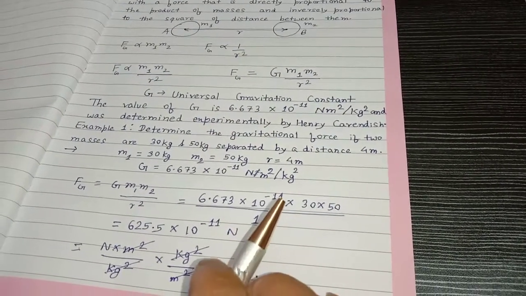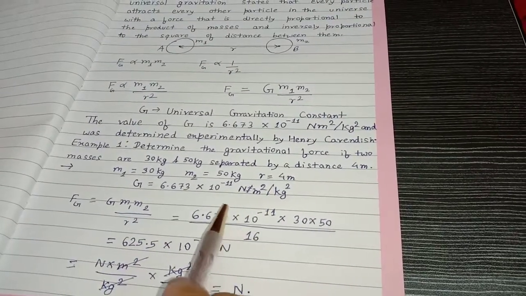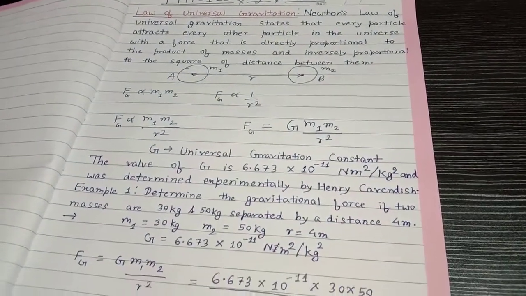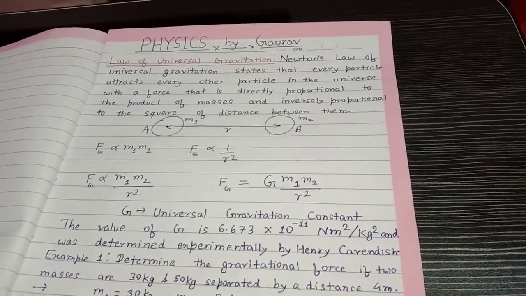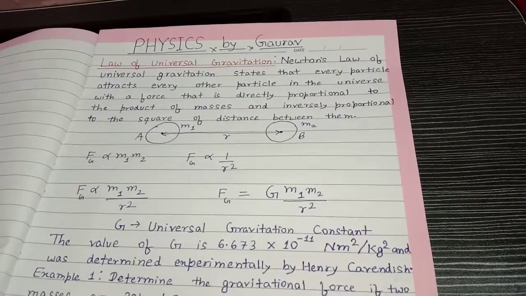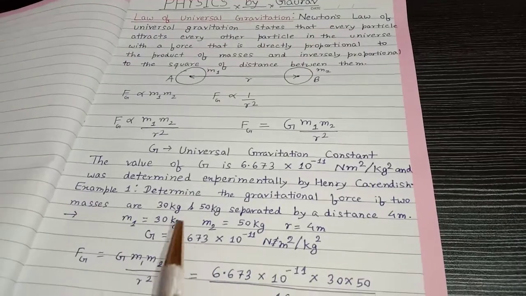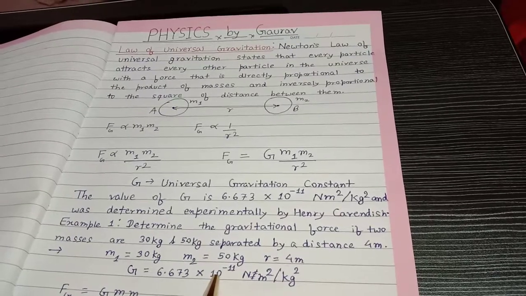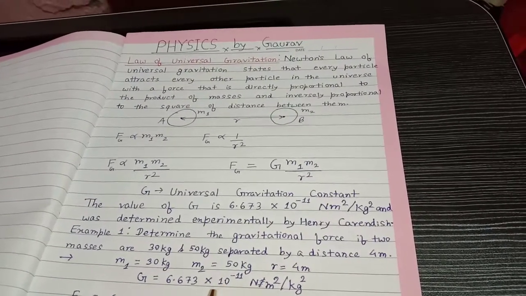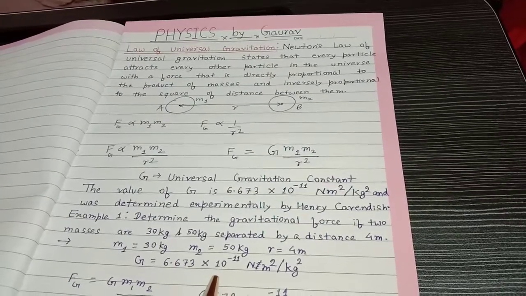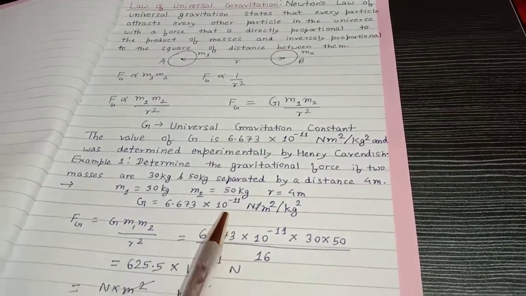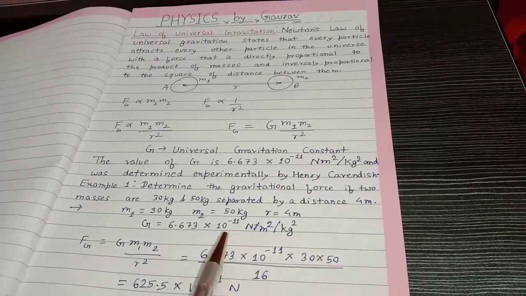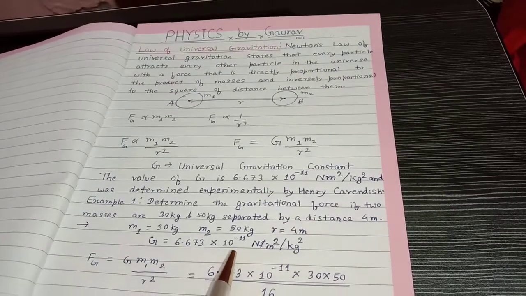Okay, now I think you must have understood the mathematical expression of the universal gravitation law, the definition, and also the numerical. Now we must try to understand the applications of the law of universal gravitation. This law helps us understand many daily life phenomena taking place around us in the environment, like bodies falling towards the earth because of the gravitational force of the earth. Suppose an apple falls towards the earth. It is a very famous story that an apple fell on the head of Sir Isaac Newton, and he thought about gravity. So we'll take the same example.